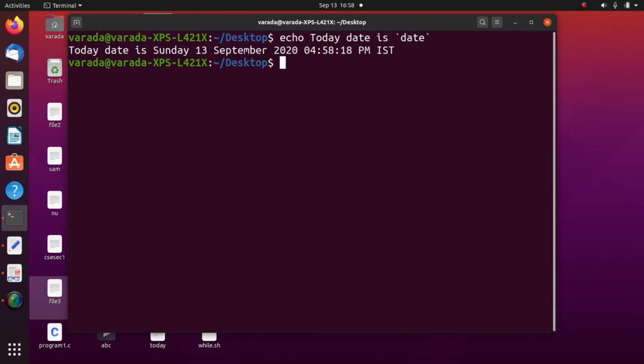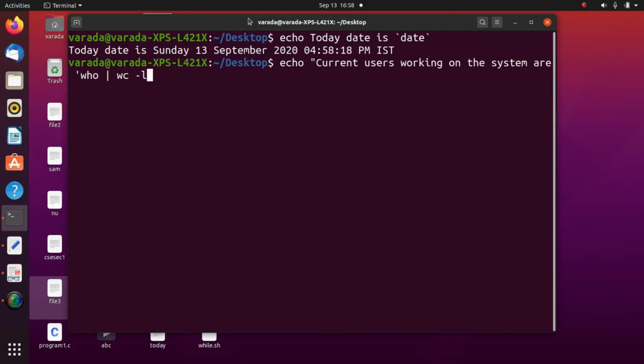Now we can see command substitution to generate useful messages. For example, echo current users working on the system are, and in backquotes I give who, and I am using the pipe wc -l.